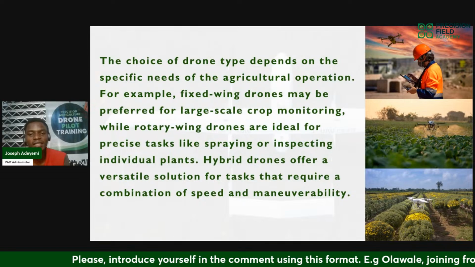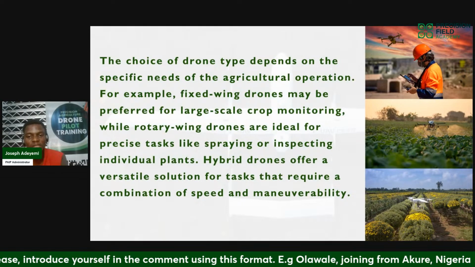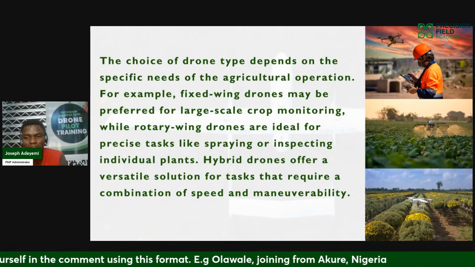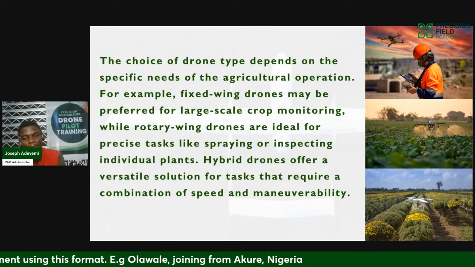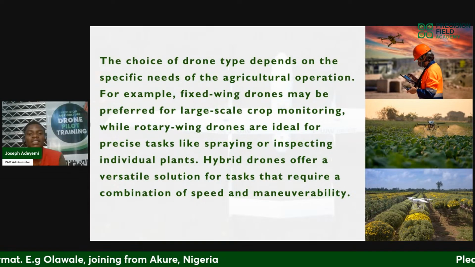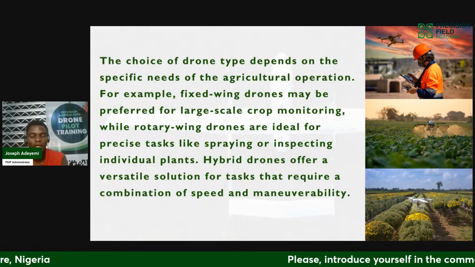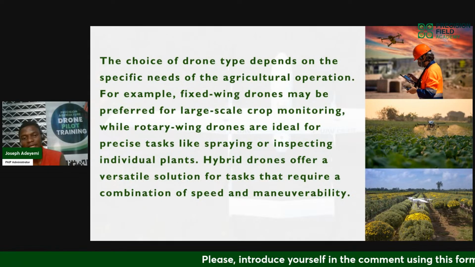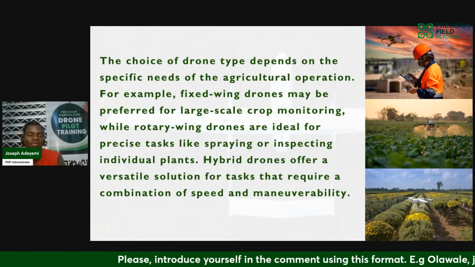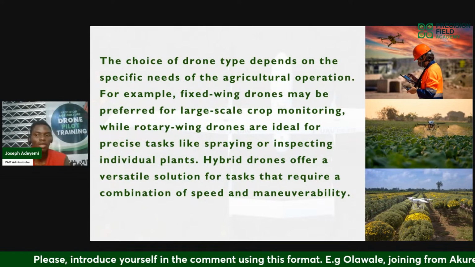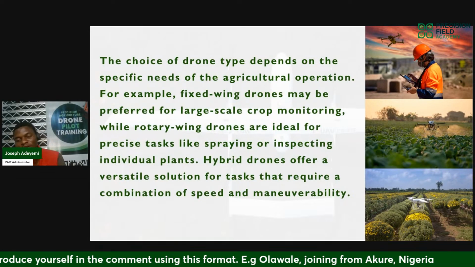So the choice of drone type depends on the specific need of the agricultural operation. What you want to do basically determines the kind of drone you go for. Do you want to collect data on the farm? You need an imaging drone. Do you want to perform a spraying operation?